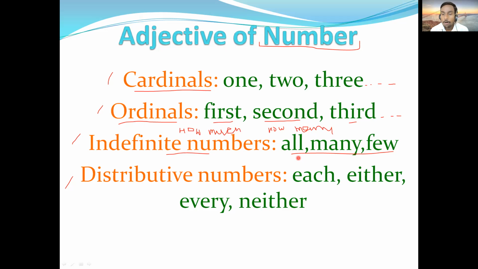If I say all students were present, it means the students are certain; they may be 50, 40 or something like this, so they are exact. But if I say all people were happy, there I don't know how many people there are, so that can be adjectives of quantity. So many, few, they are again relating to numbers, and remember this, how many. Then distributive numbers are similar to distributive adjectives like each, either, every, neither. For example, we will take examples also. Each student was present.